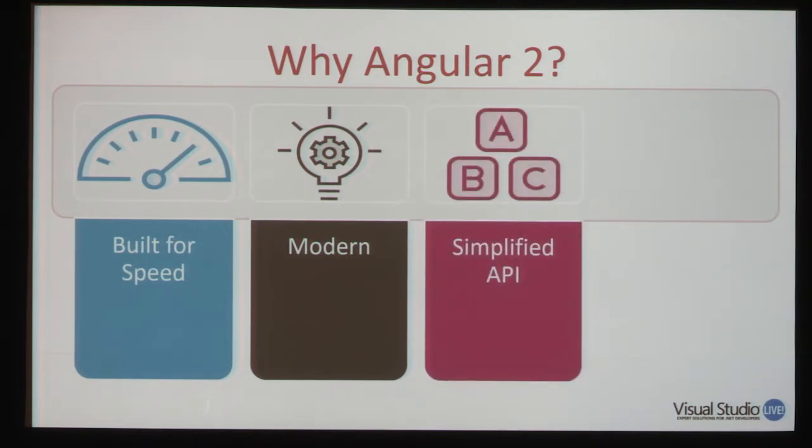It also has a simplified API. So if you were doing Angular 1 and you wanted to create a service, do I want a service, or do I want a value service, or a constant service, or a factory service, or a provider service? Forgot them for a moment. It's really early. So there were so many you can't even hardly remember them all.